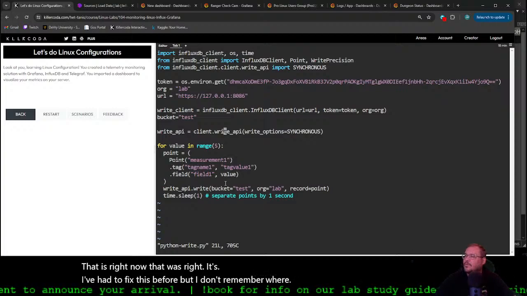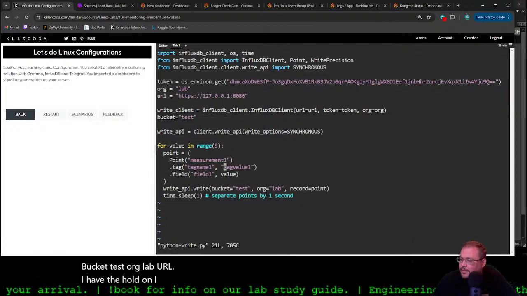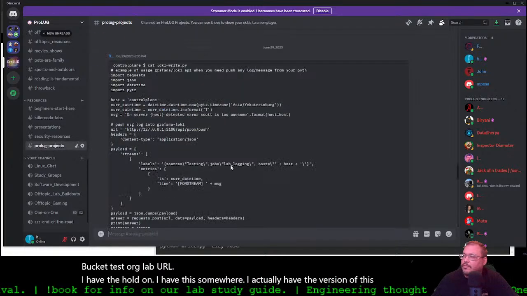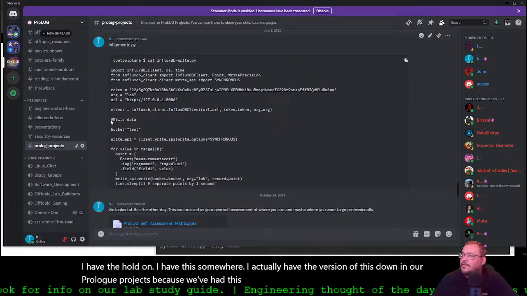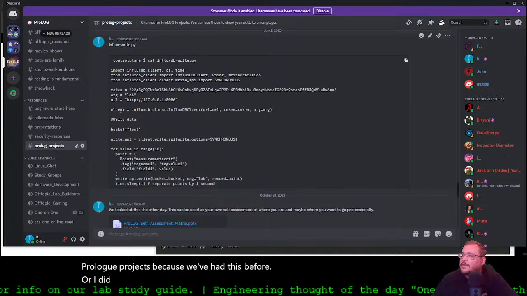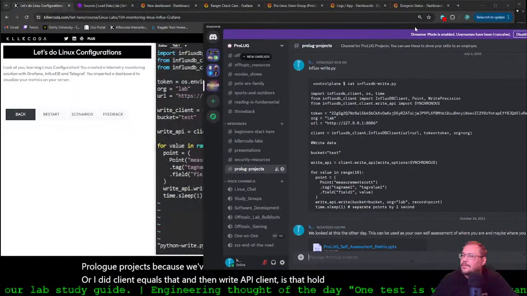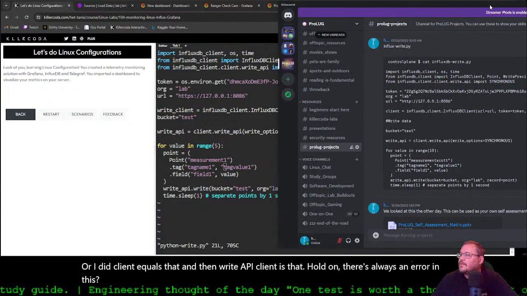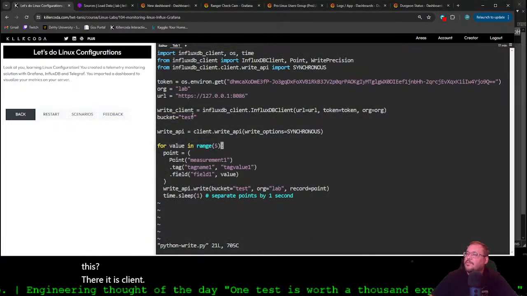Bucket test, org lab, URL. I have this somewhere. I actually have the version of this down in our Prolog projects because we've had this before where I did, oh, client equals that and then write API client. Hold on. There's always an error in this. Ah, there it is, client. Maybe there's a problem here.